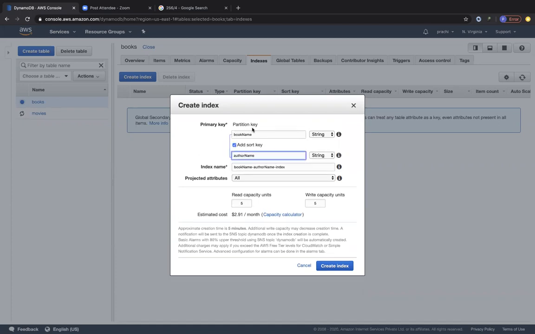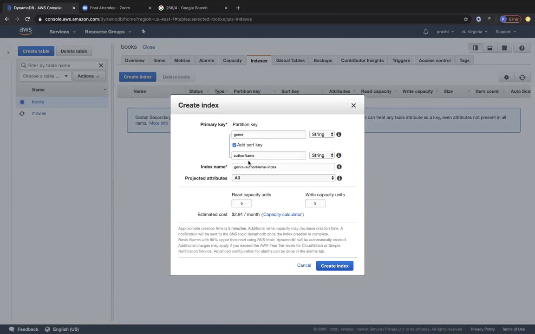So we are creating a partition key called book name and the sort key called author name. But probably I would suggest the partition key to be genre, like how we studied. Because this can be the same across multiple items in the table, but then together these two have to be unique, right? So that's something that we have to think. But this is a global secondary index, and we don't have to consider that for here.